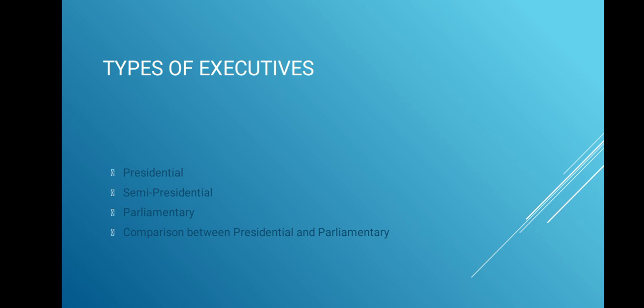Suppose a person who is not a member of parliament, still the government wants to appoint him as minister, it can be done, but only for a specific period. In India, this period is 6 months. Within these 6 months, the minister must become a member of the parliament. Otherwise, he will have to resign from the post of minister. So I think this is very clear to you.